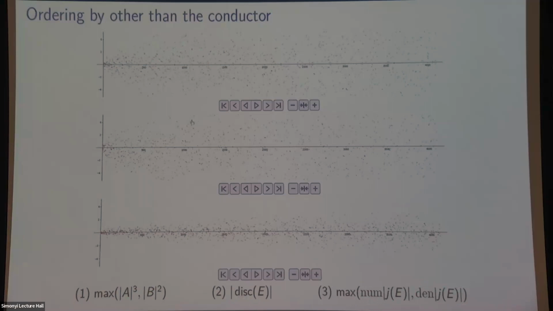In the first frame here, maybe I'm looking at only 1,000 sample points for each of these orderings. The pictures look pretty fuzzy, but maybe there's a murmuration pattern in there. Maybe we just need to go further and the murmurations will appear. Asymptotically, the motivation says that whether you order by height or by conductor, maybe it'll make a difference when things are small, but in the limit, they should give you the same answer.